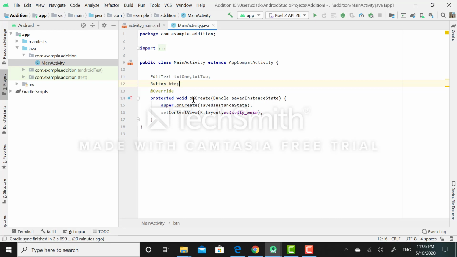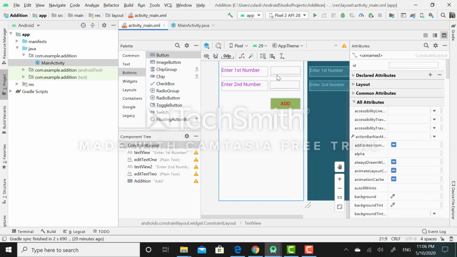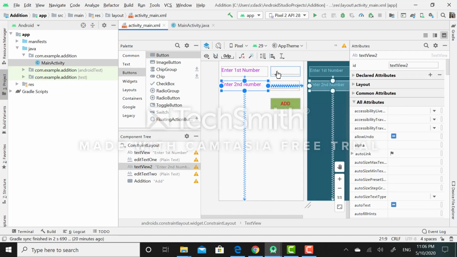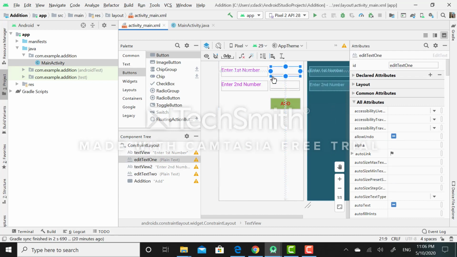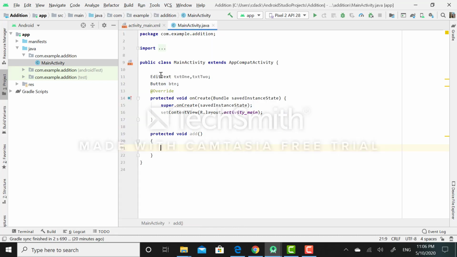Now this is the onCreate method. Here I will create a new method. I will give protected as the access specifier to this method, protected void add. Now I will assign the ID of this plain text widget to this reference of a class.